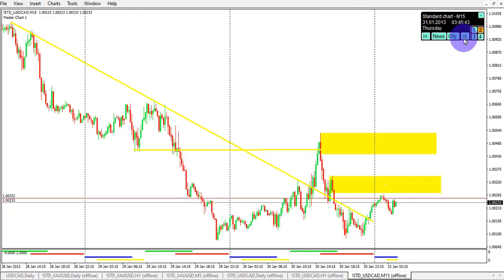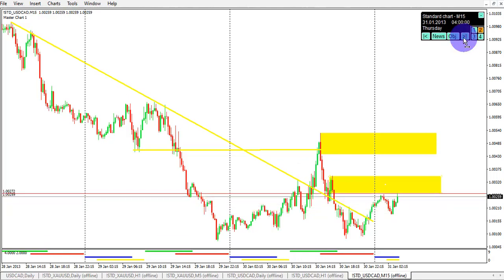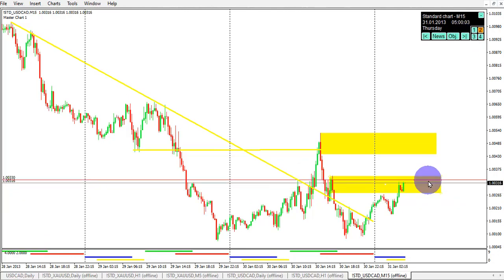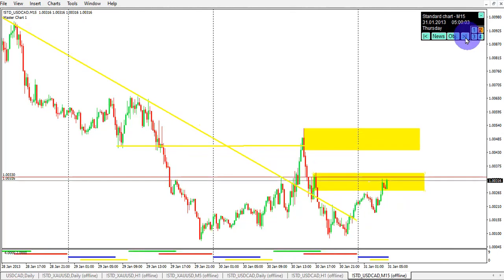Okay, price keeps on playing, going forward. We're already inside that level. This is the 15-minute chart. We're already inside that level. Now, you're going to look if this is going to hold, right? You're going to look whether this level is going to hold